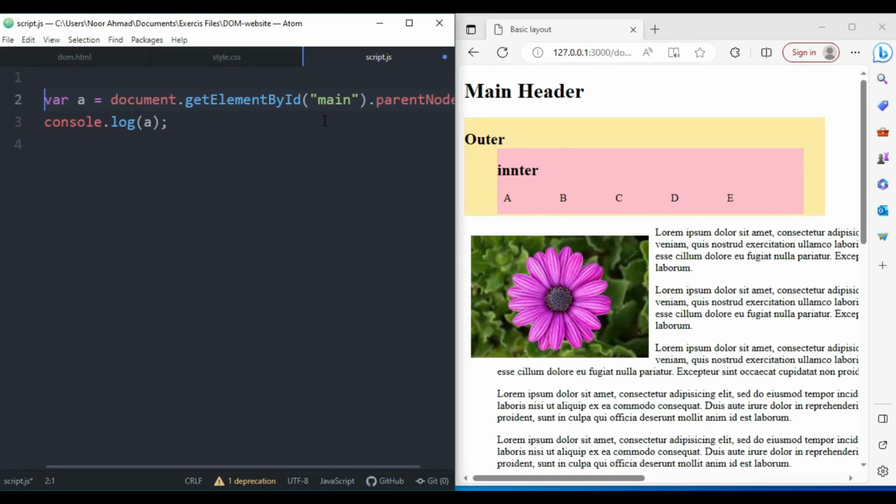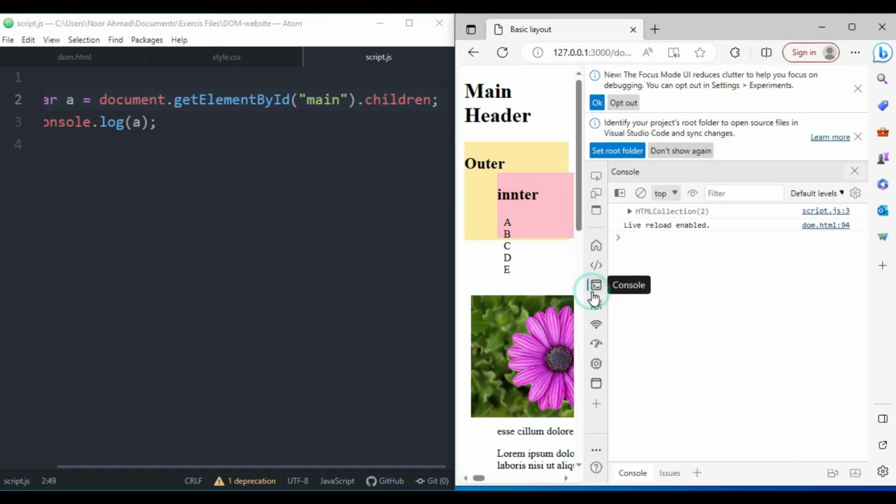Alright, so as you can see, this is the previous exercise demo. So in this video, let me show you. In the previous video we talked about parent nodes. So instead of parentNode, I'm going to say children, and when I save this, now let's right click, come to inspect and click on the console here,